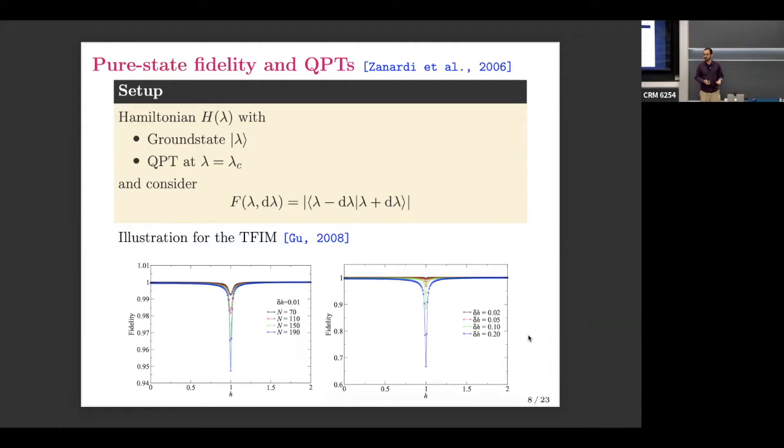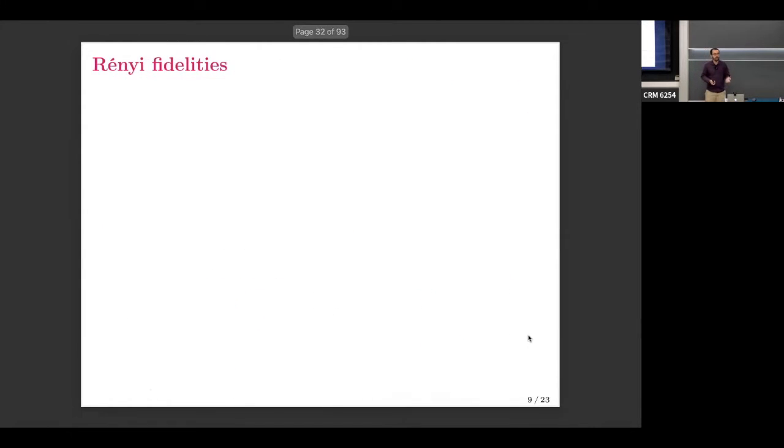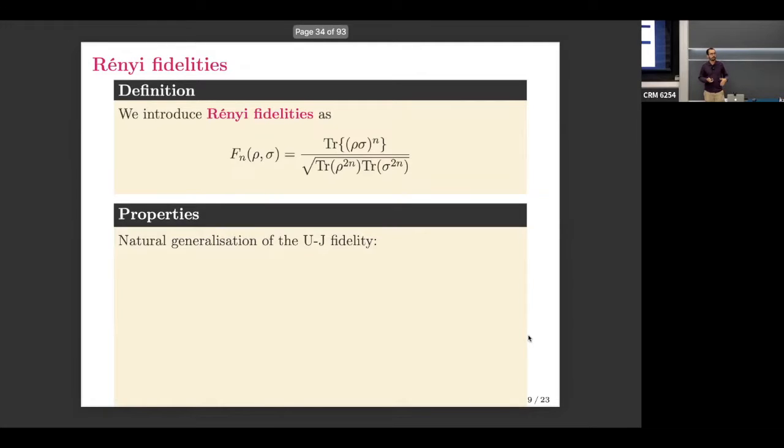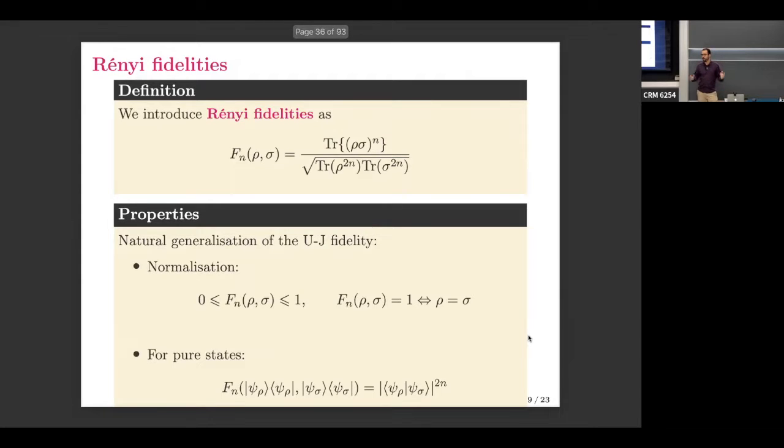generalizes these quantities, which I called Rényi fidelities for the obvious reason that we have the trace of rho to some powers. But of course, Rényi never works on fidelities. And as you can see, it's again a simple function of rho and sigma, and it satisfies a natural generalization of the Uhlmann-Jozsa fidelity property. So it is still normalized, and it gives one when rho is equal to sigma. And for pure states, it still gives you an overlap, but just now there is some power which is irrelevant